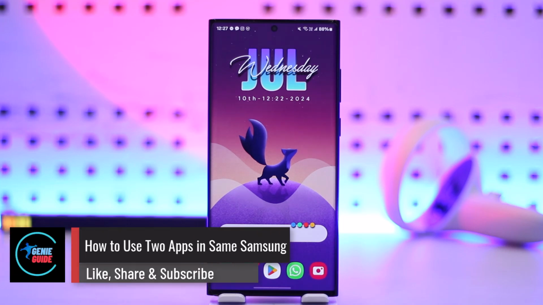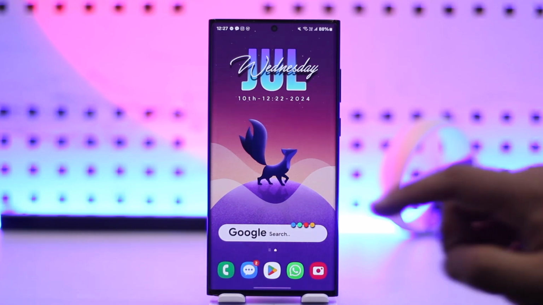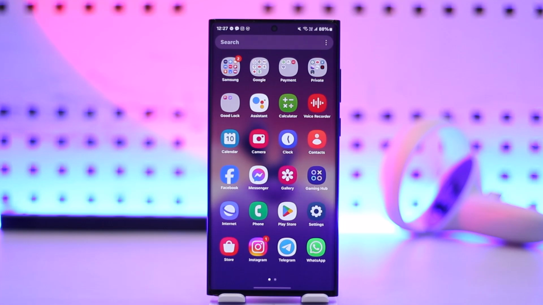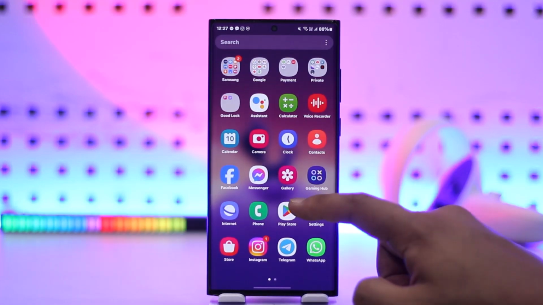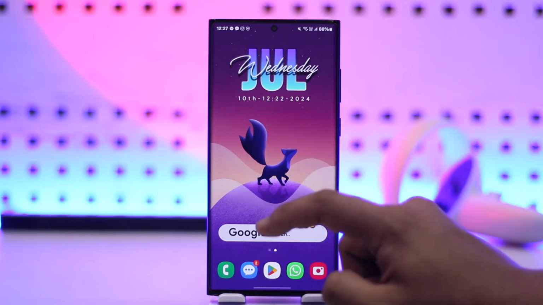How to use two apps at the same time, Samsung. Now if you want to use two apps at the same time on Samsung, it's actually quite simple to do so, because your Samsung Galaxy device does allow you to clone apps and use a second account for a second app. Now not all the apps might be supported for this, but you might at least want to give it a